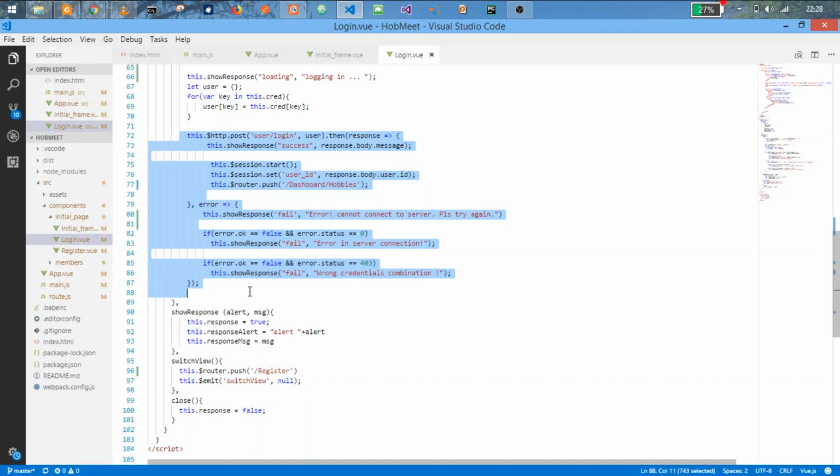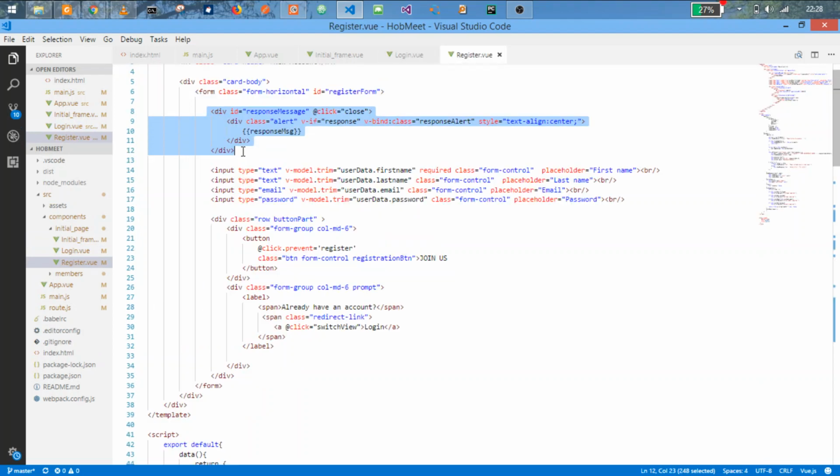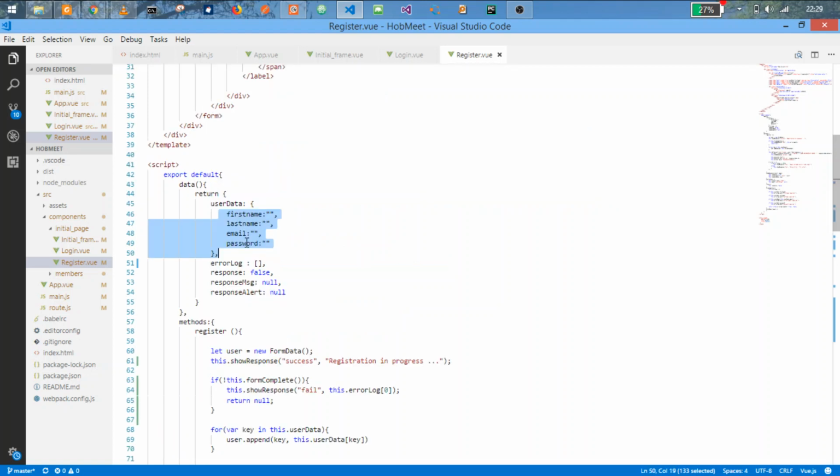Then going to my register quickly, most of the things are the same. Here I'm binding to my input. Here I'm having that response that I can use to respond to the user. If there's a particular response, this response will show, and I check what kind of alert it is, is it a fail or a success, then the kind of message. I'm interpolating all this. This is very cool with Vue. I'm also having my data here, the first name, the last name, the email and password, which I have to send back. Error log,